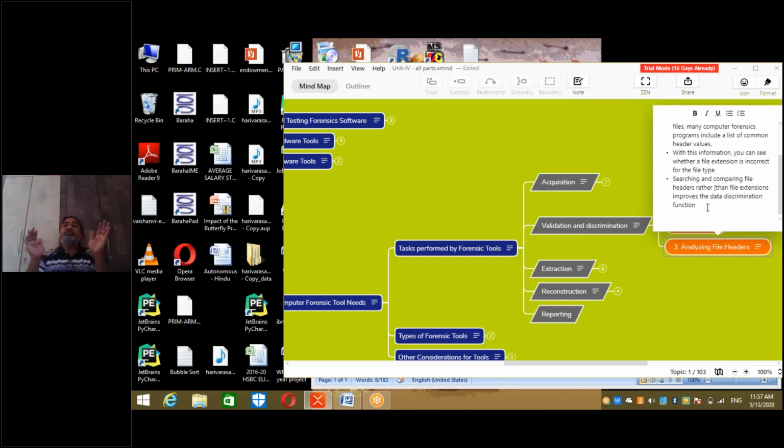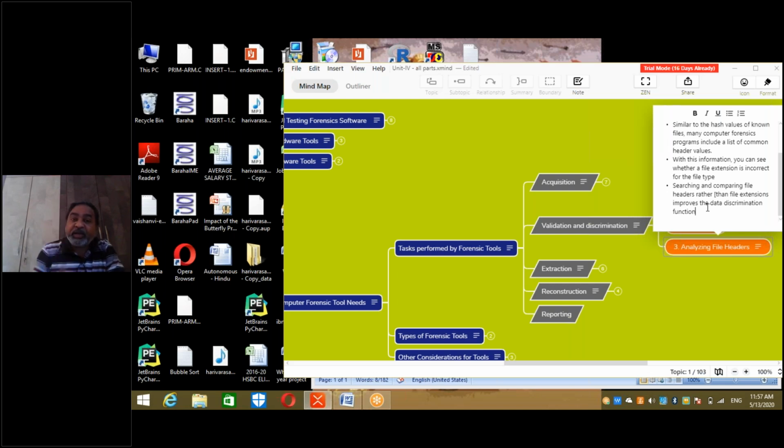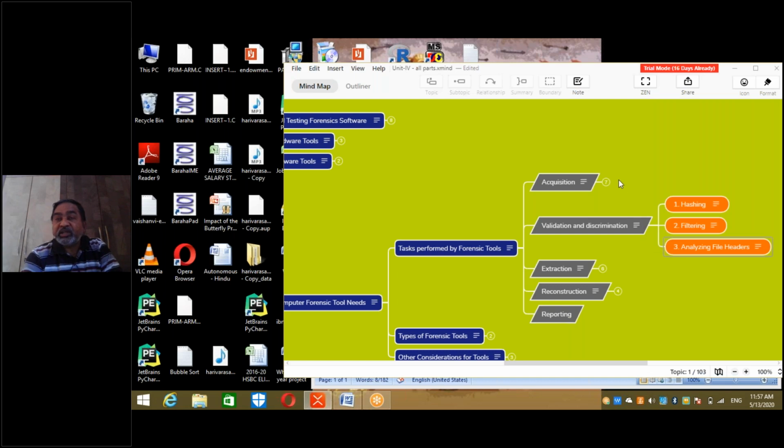You see, there are two types of search. One is with the help of the extension. This is a document file. This is Excel. You can say, but what if I rename it? You will not be able to know which application it is, right? So its appearance itself changes. Now, when you go with header information, it is maintaining the data that we need. So that's about validation. So what is the next step after acquisition?